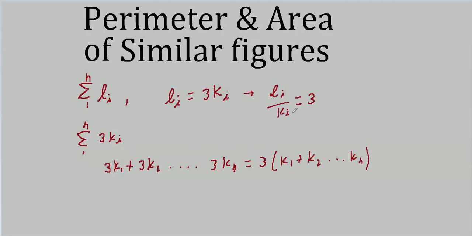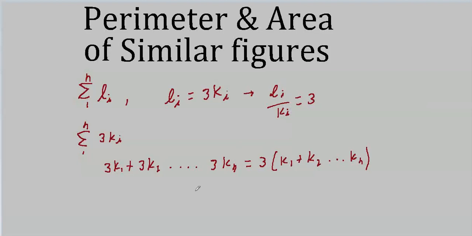So for a perimeter, we could write our scale factor this way, just divide through by k sub I, and write that the scale factor for polygon L versus polygon K, the ratio here, is 3. Well, when I compute the perimeter, what do I get? By using the distributive law, we can recognize that this is just 3 times the sum of k sub I. So all we've done is taken our perimeter and multiplied it by 3. And that's what's always going to happen.